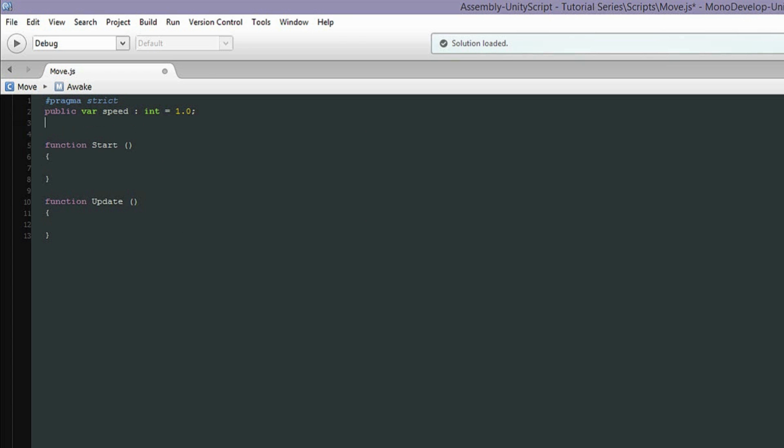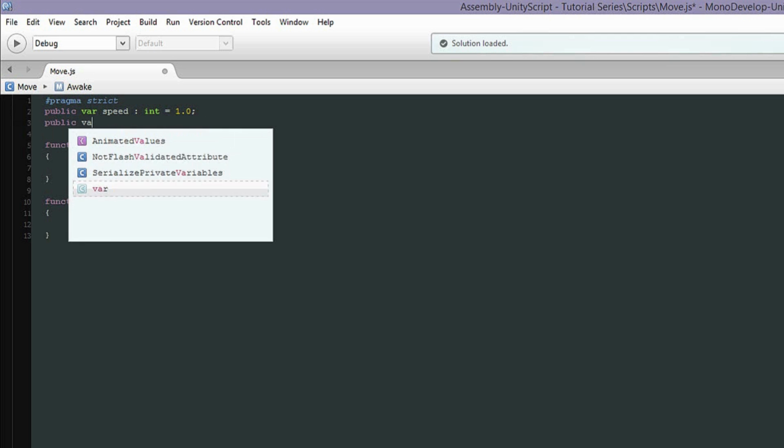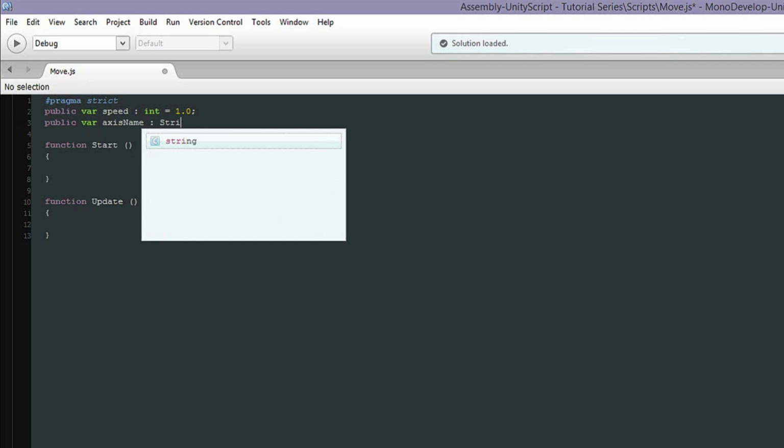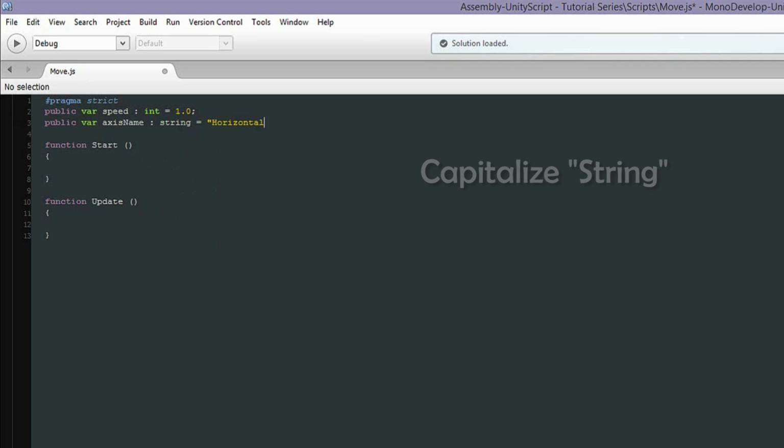All right. We're going to create another. This is going to be axis name. We're going to use horizontal for now. And the reason I'm choosing horizontal is that string can say anything. Technically, I can leave it blank, because that means that while I'm telling the game to talk to a certain joystick or an axis, can be left and right, A and D, the arrow keys, or the analog stick on a controller, having it as a string means that I can input the name myself, and that name, if it's